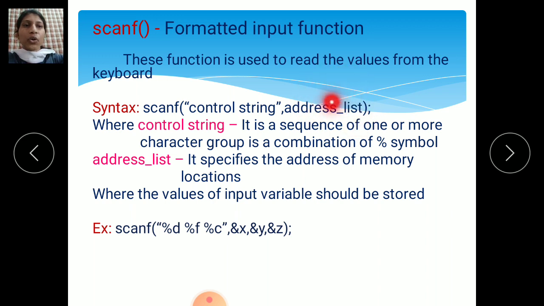If you want to fetch that number for processing, the address operator ampersand fetches the location where exactly that number is saved. So ampersand n, ampersand that variable, is the address list. The control string is a sequence of one or more character groups, a combination of